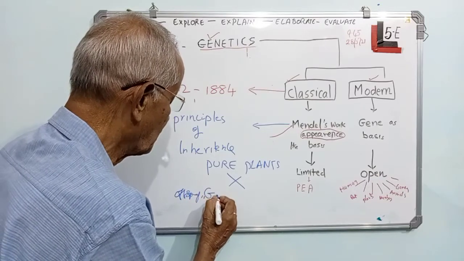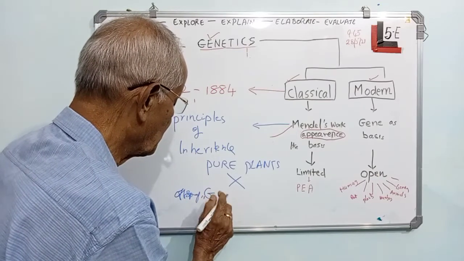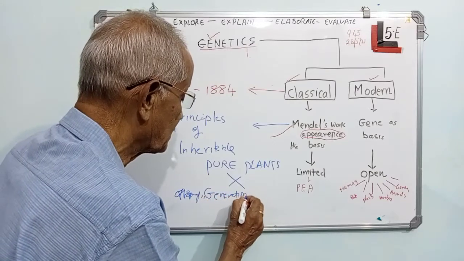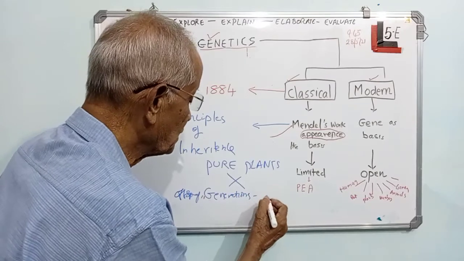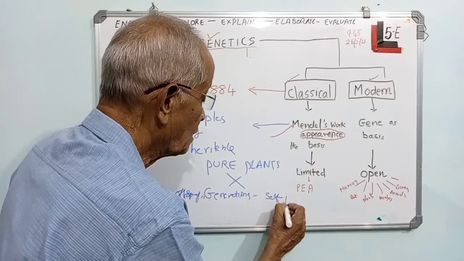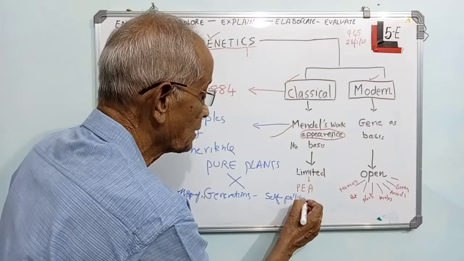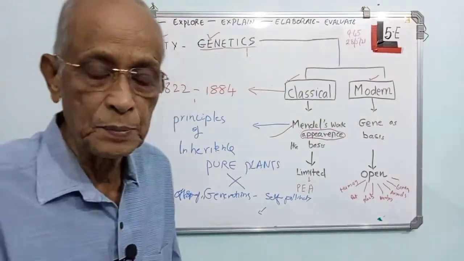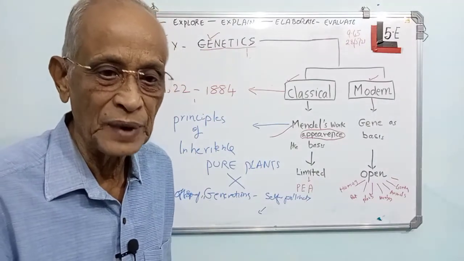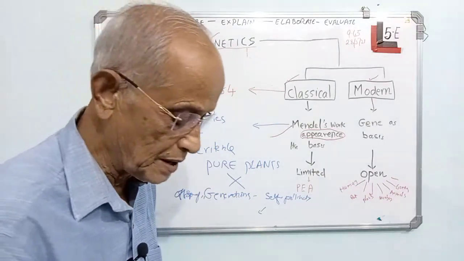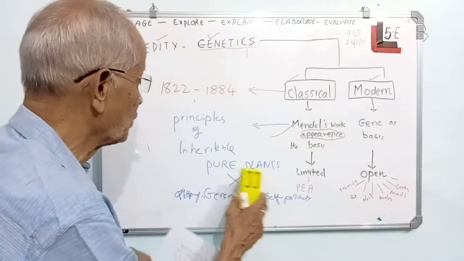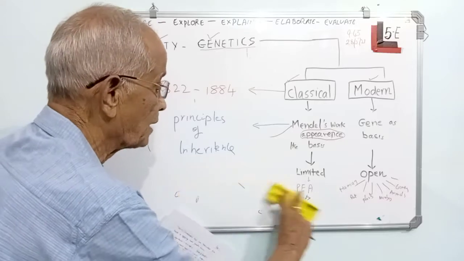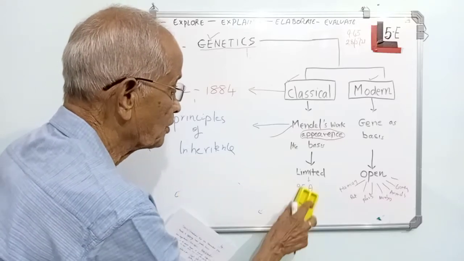and these offsprings were maybe many generations he was getting, generations of plants he was getting, and then he used to self-pollinate them, and then again get many plants. So that means he was trying to repeat whatever he did in one plant, and then he got the data. So his work is very, very important, and he took patience and he did a lot of work on the pea plants.